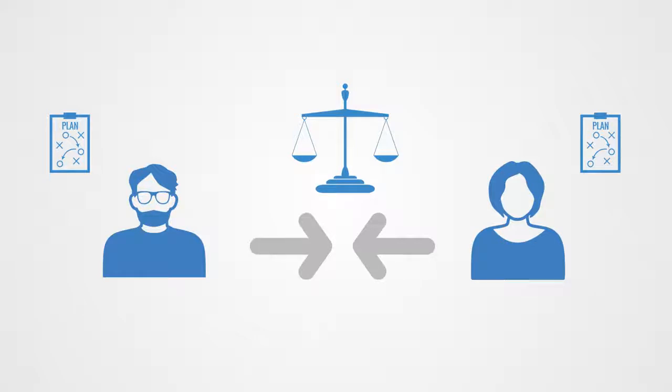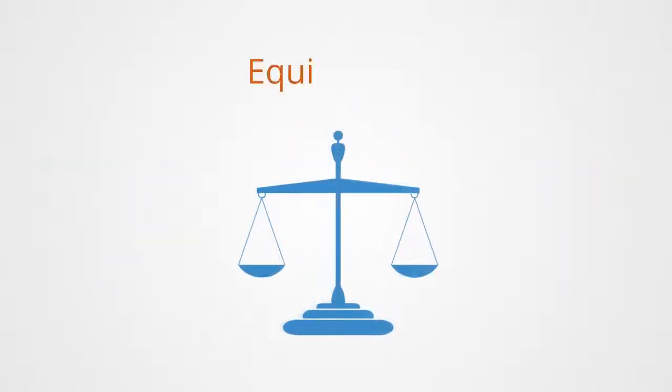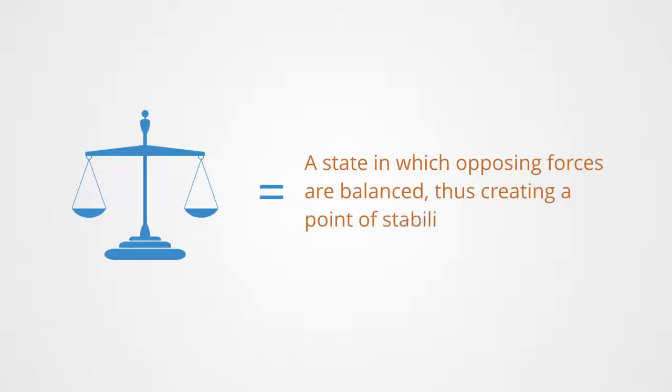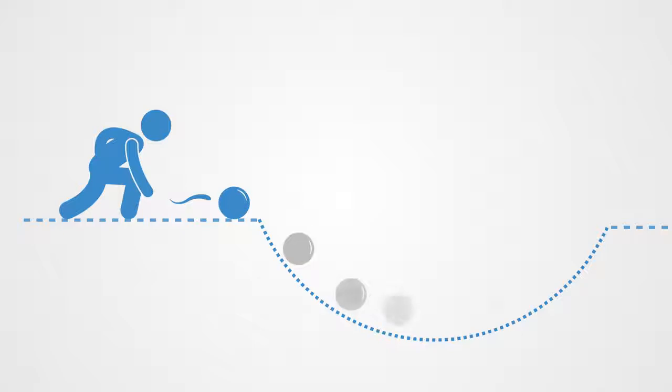predict this outcome. This stable outcome is what we call an equilibrium, where equilibrium in the general sense means a state in which opposing forces are balanced, thus creating a point of stability and stasis. When we see a ball at the bottom of a bowl, it is in a state of equilibrium, because if we put it anywhere else in the bowl, the force of gravity would act on it to pull it back